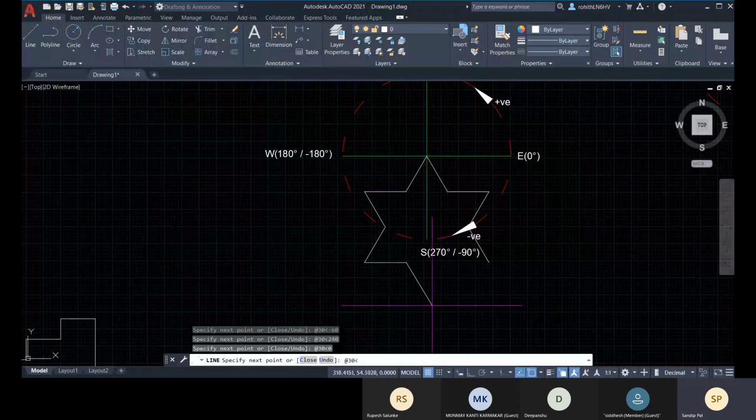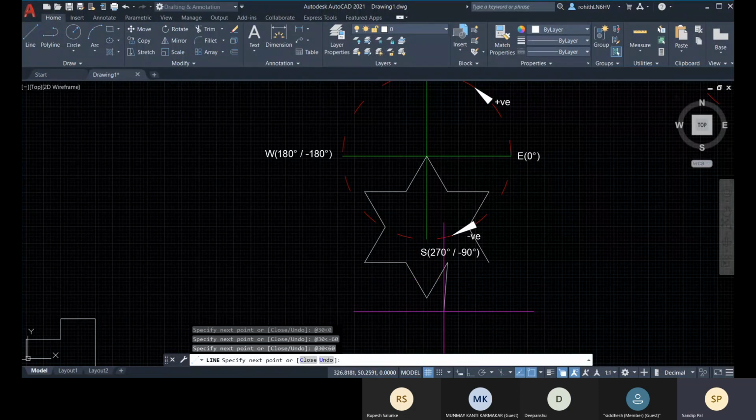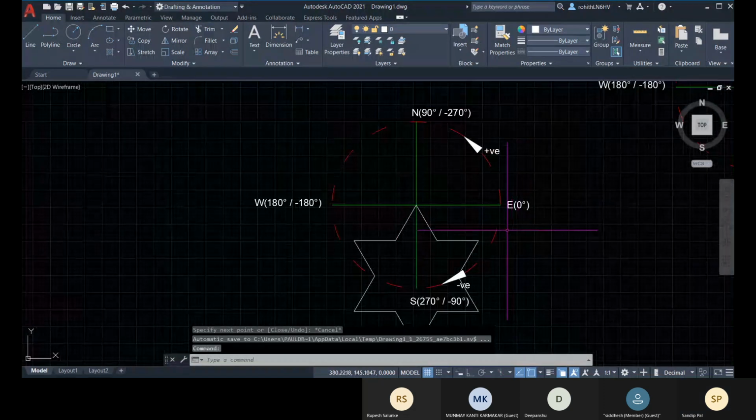So it will go minus 60 again. Enter. At the rate 30, that will be positive 60 now. 60, enter. And now you can close it, or at the rate 30 less than 0 degree, enter, that you have created. Okay.